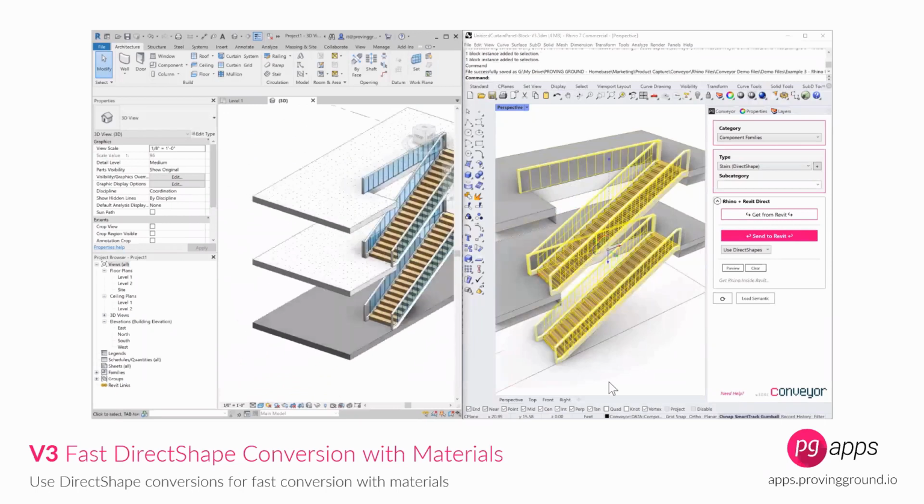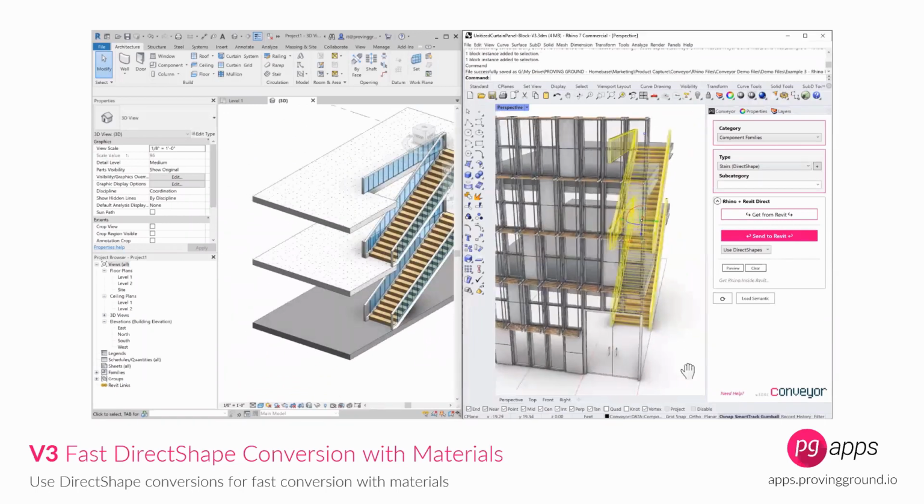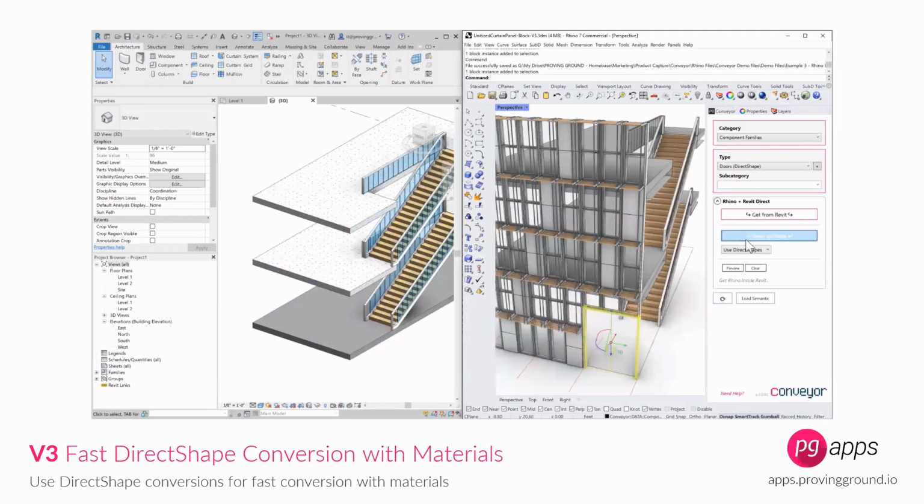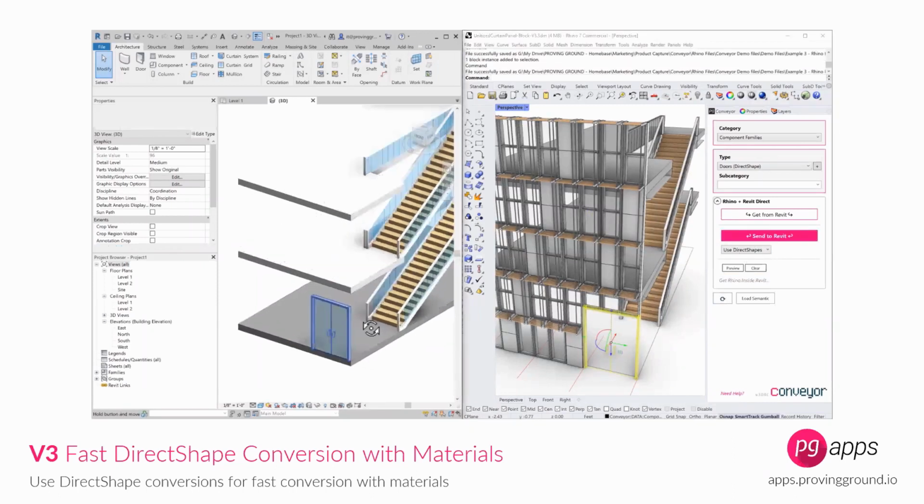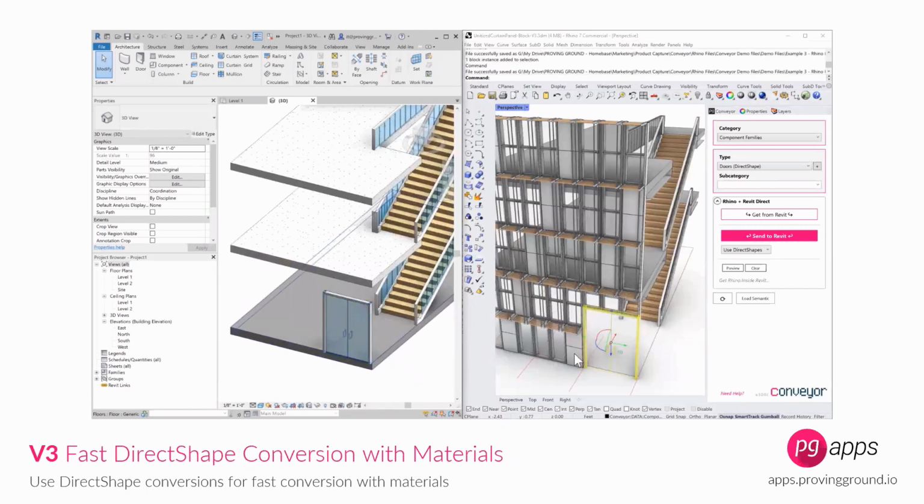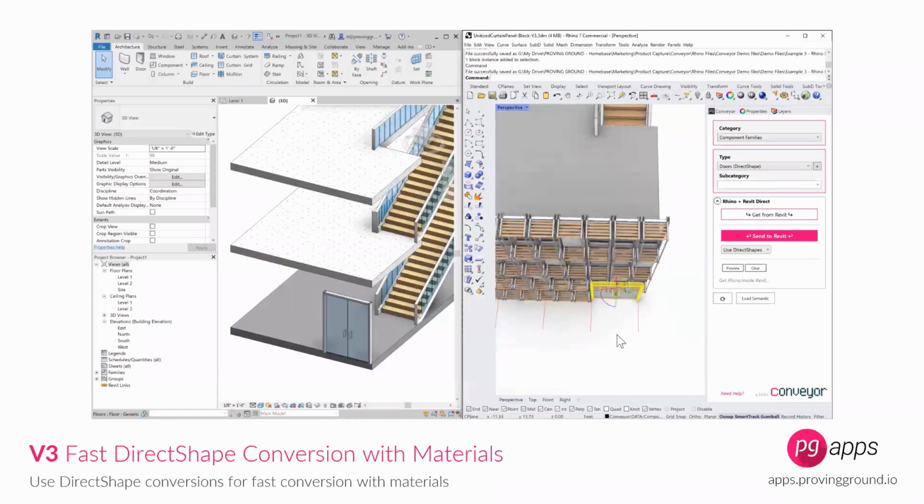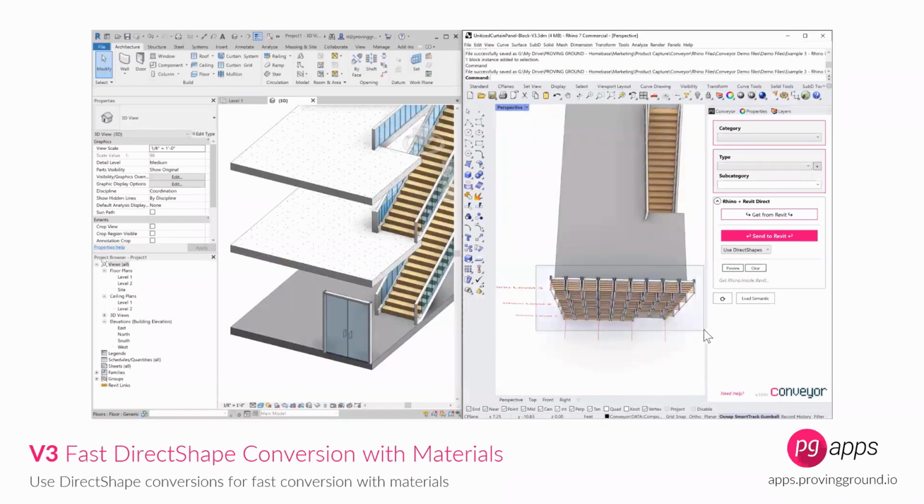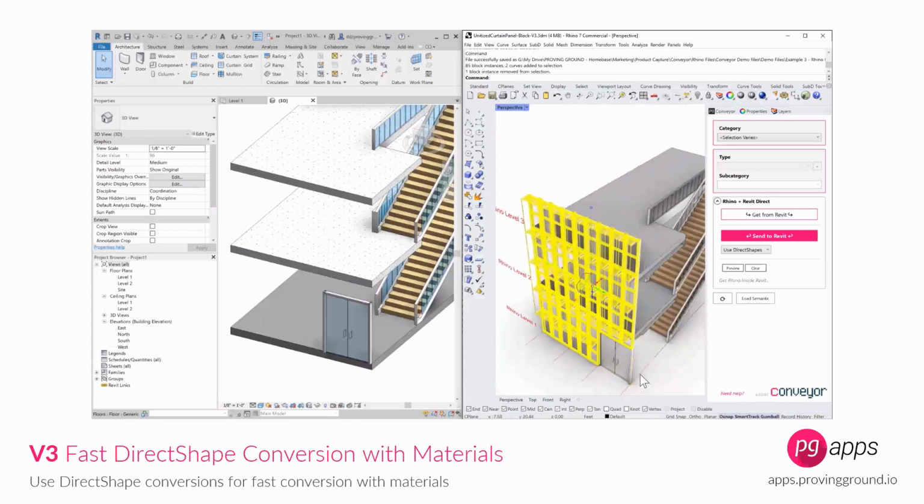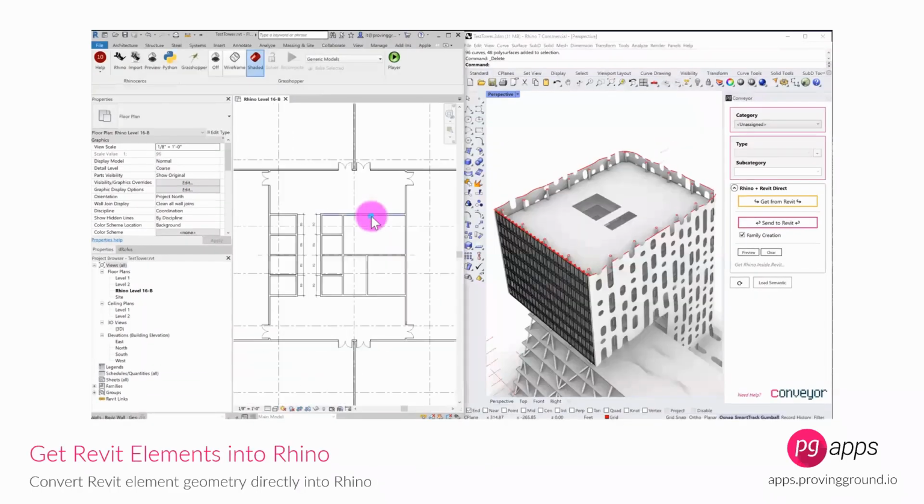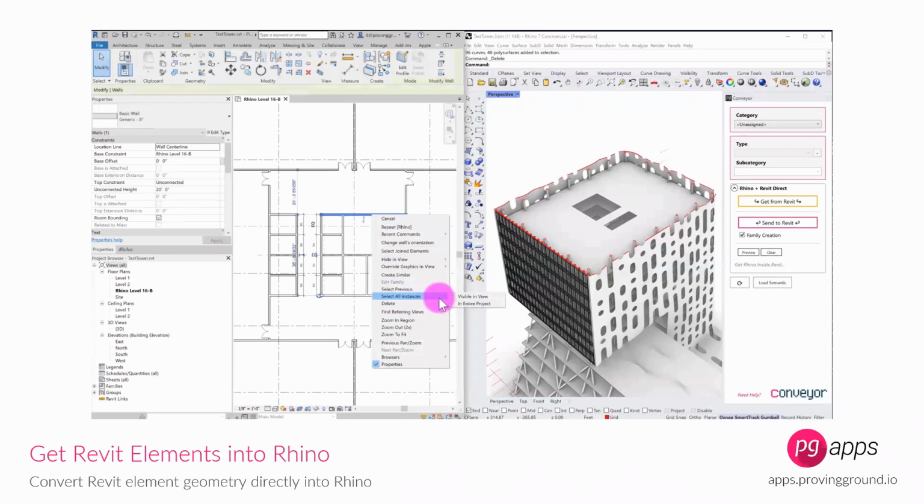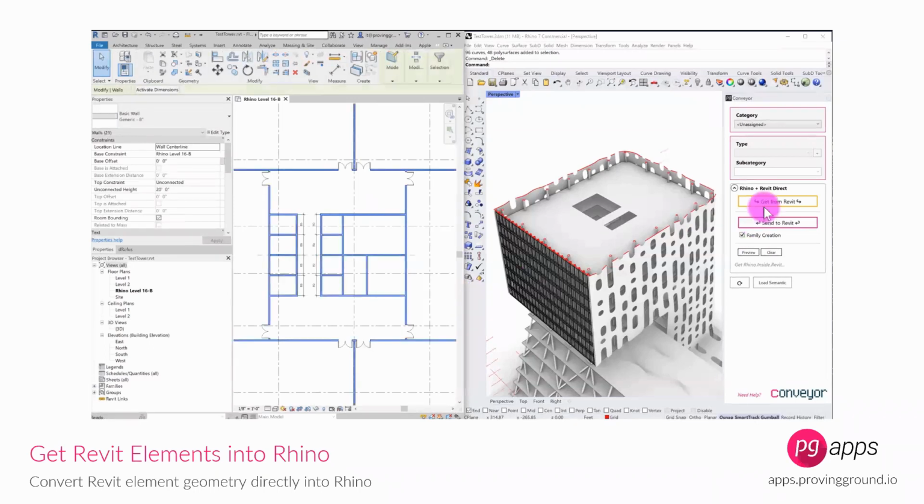This idea of handling complexity has been of paramount interest to us: handling assemblies of objects, capturing those assemblies, and capturing materiality across these environments is something we're very much focused on and are excited to put out there with Conveyor version 3. The other direction, going from Revit into Rhino, is something we've also been attending to a great deal